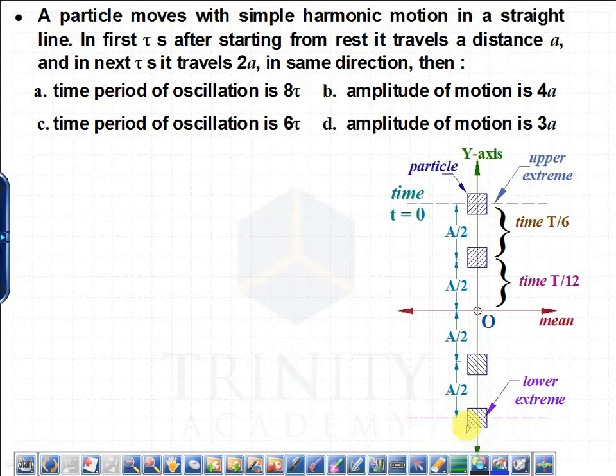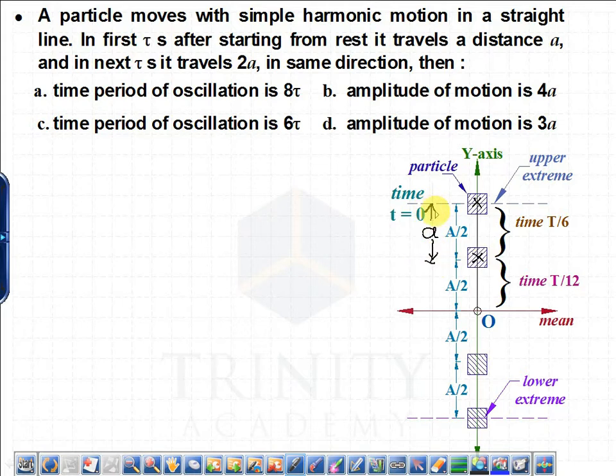On that ground, we can now try to analyze the situation where the particle is starting from this point and it is going to move by some distance a in tau second. Then it is given that in next tau second it travels distance twice a. So if this distance is equal to a,